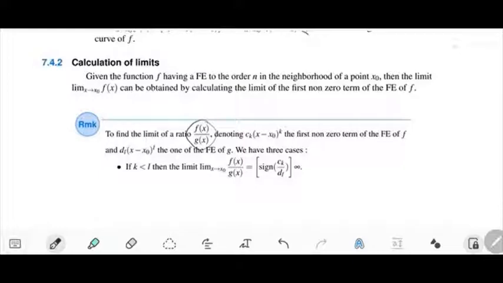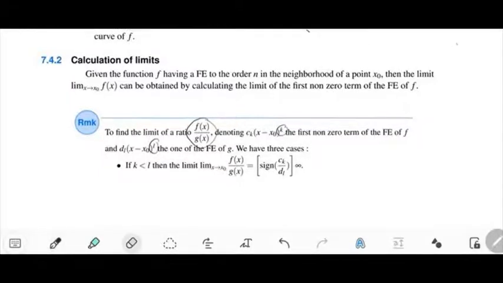So we have three cases. If the expansion of f starts with the order k, so this is the first order or the least order in the expansion of f, and if the expansion of g starts with the order L, so this is the least order in the expansion of g, then if k is less than L,